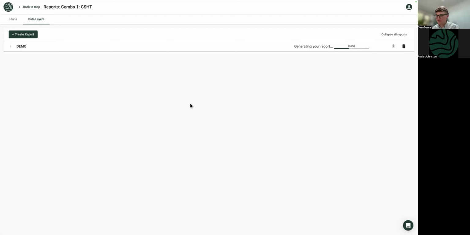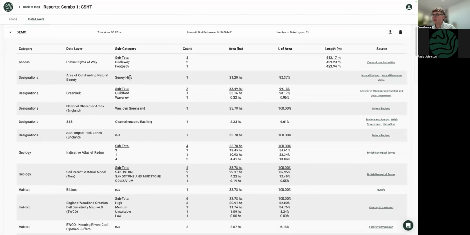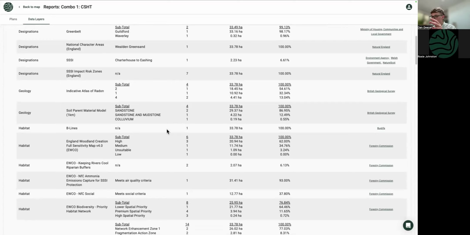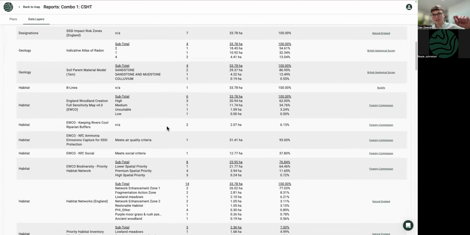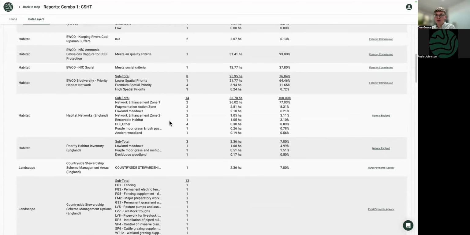And I think the other benefit to this tool is that it shows you when you're not in a designation as well, or you're not intersecting a certain, I don't know, part of the data layer library. So my 33 hectares, I can now very quickly see public rights of way. Okay, I got 400 meters of public rights of way, a footpath, and 400 meters of bridle way as well. I'm in Guildford. I've got a triple SI, 2 hectares of triple SI. I'm in B lines. Particularly if you're an advisor, which predominantly of you are, doing this as soon as you get that farm's information allows you to very quickly start to understand who they are, what they do.